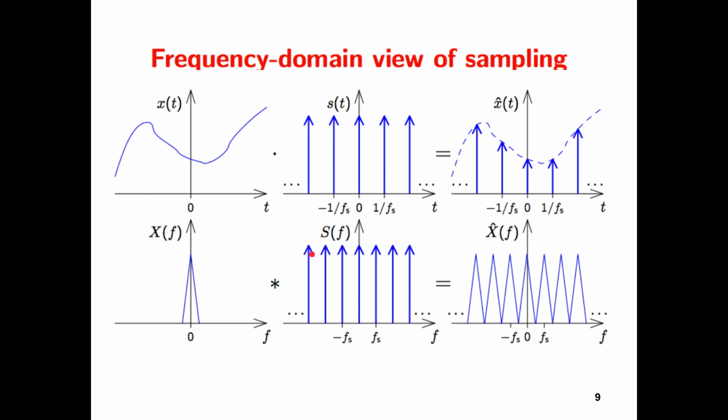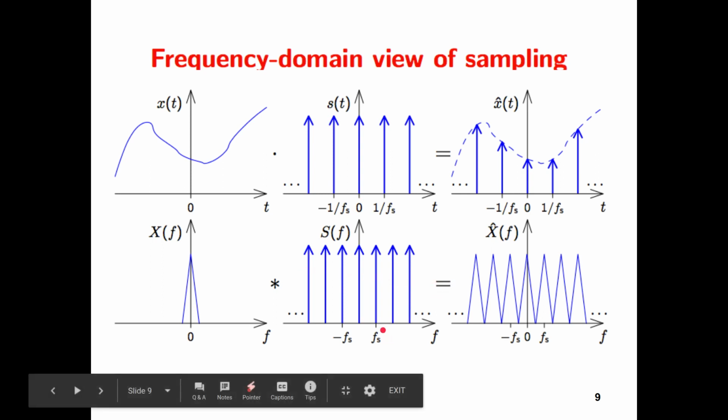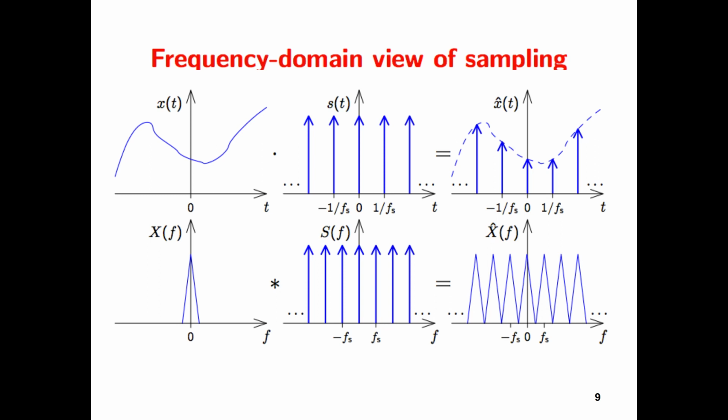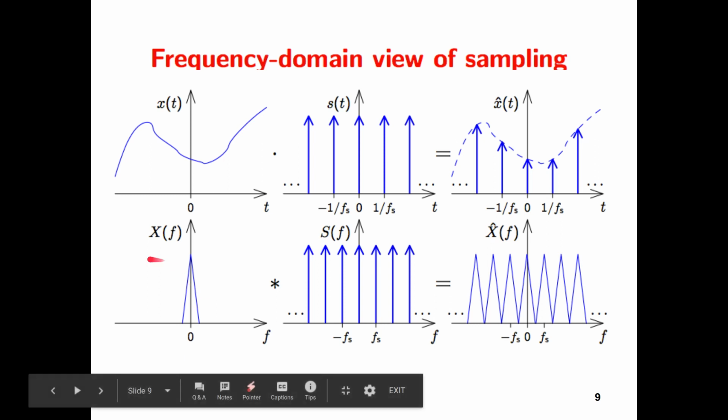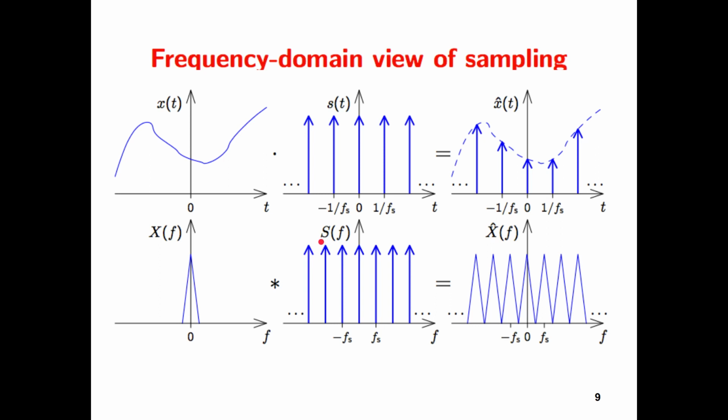It is as well an impulse train at intervals of fs, while in the time domain it is 1 by fs. That makes sense. Now let's denote X of f as the spectrum of x of t, and S of f as the spectrum of the impulse train. We know that when we convolve X of f with an impulse train, we get repeated copies